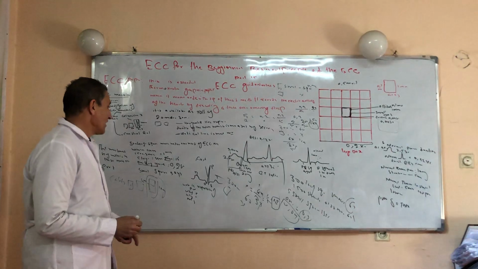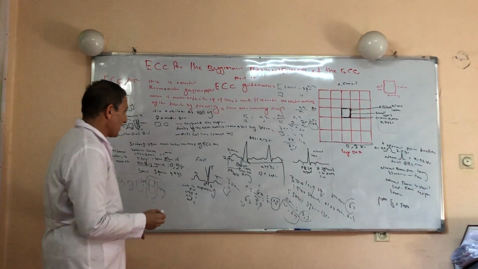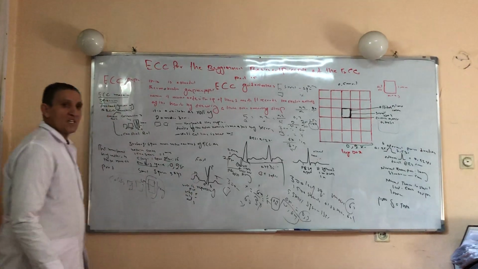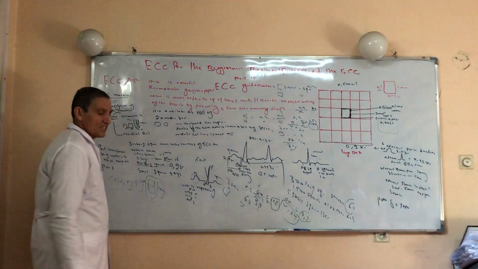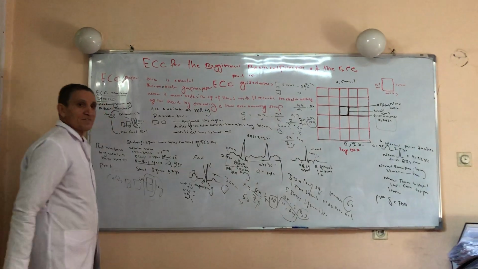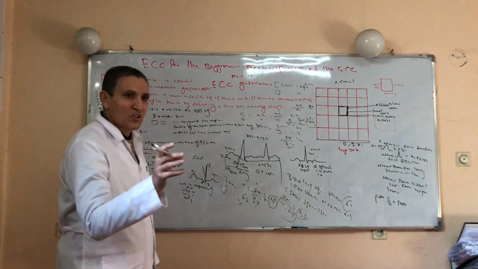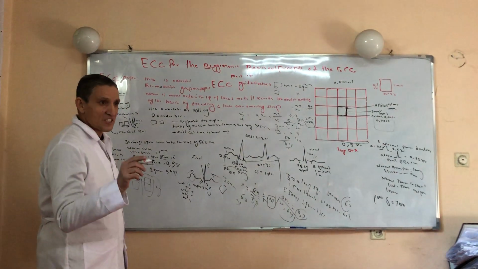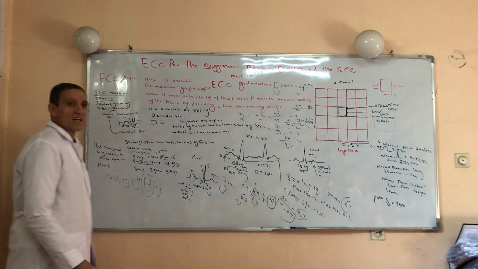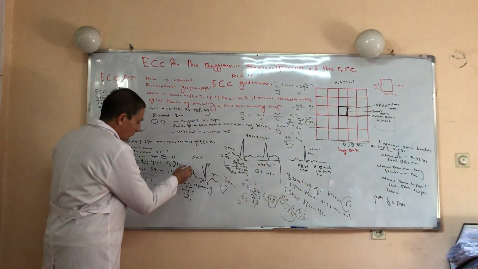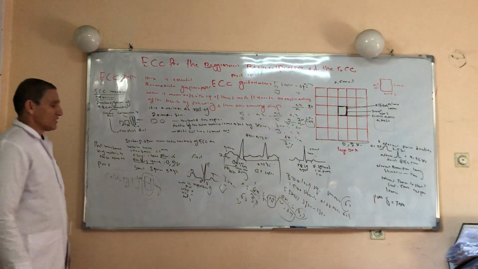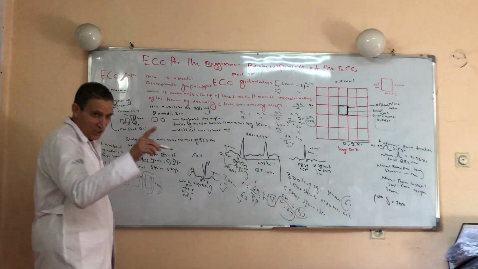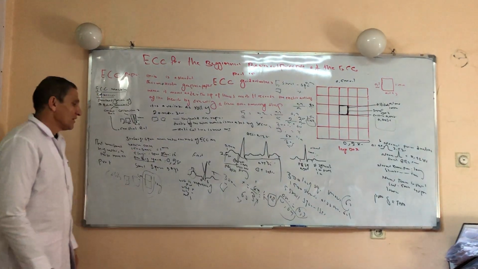Right now we are coming to the normal values of the waves, segments and intervals. What does this first wave represent? This first wave represents atrial depolarization. Why is this the first wave? Because the atrial tissues are close to the SA node, and the SA node first depolarizes the atrial tissue. That is why the P wave is the first wave of the ECG. Why is it a positive wave? Because positive charge moves toward the positive electrode, so the deflection in the needle will be positive.